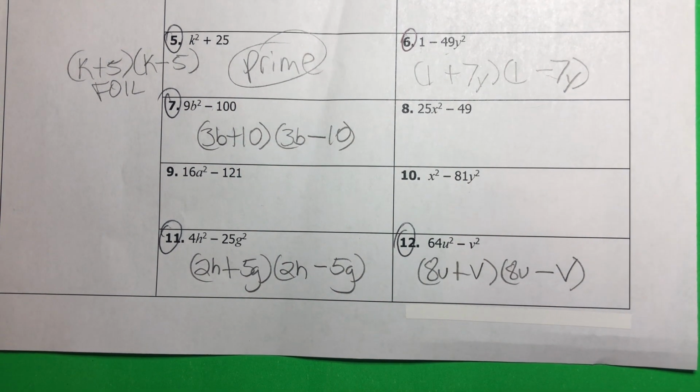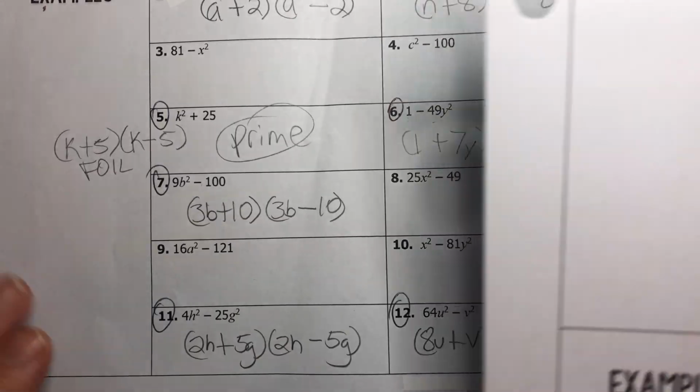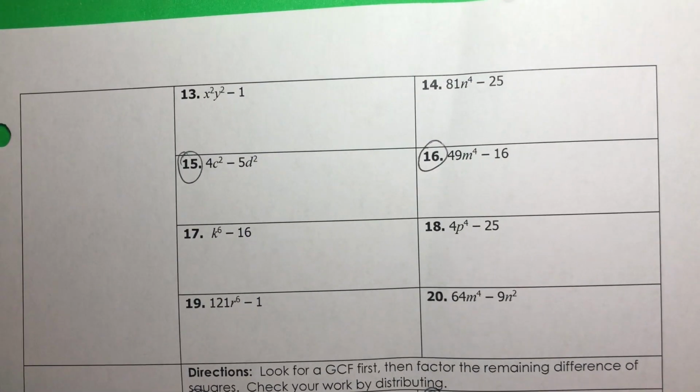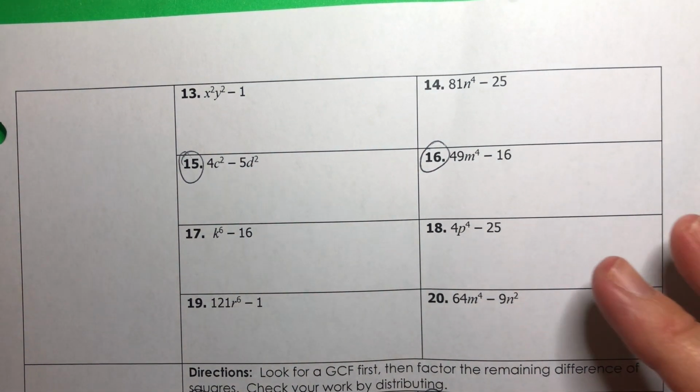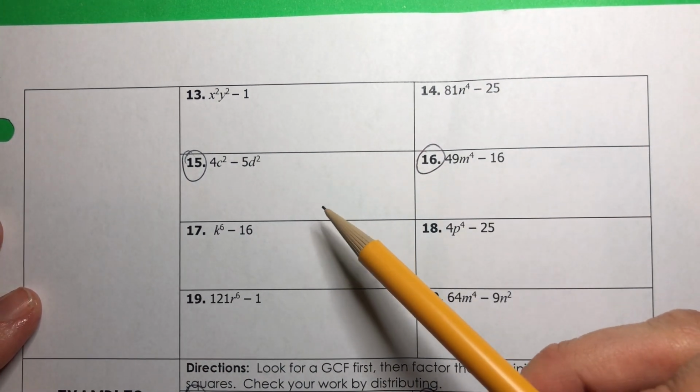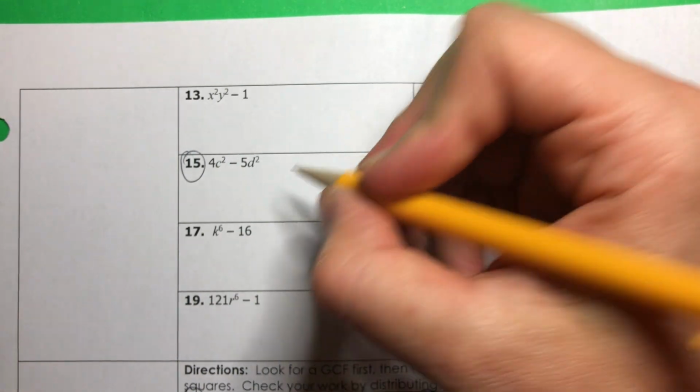So I'm going to switch out my papers and do two more examples. If you're good to go on how to do these, you can skip these last two, but I'm just going to do two more. They're not that different, just maybe slightly, but 15 is just another example of